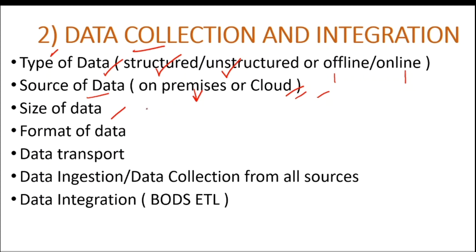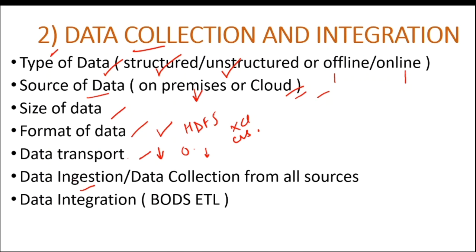And would it be small data or big data, and what would be the format of the data, whether it is in HDF5, Excel, or CSV, and whether we can transport the data to our premises or we have to fetch the data from their premises only. Because in some cases, like in finance and banking systems, they don't provide the data. They say fetch from our system, and you have to use their VPN, their network, to fetch the data, and you cannot transport the data to our system, our on premises.